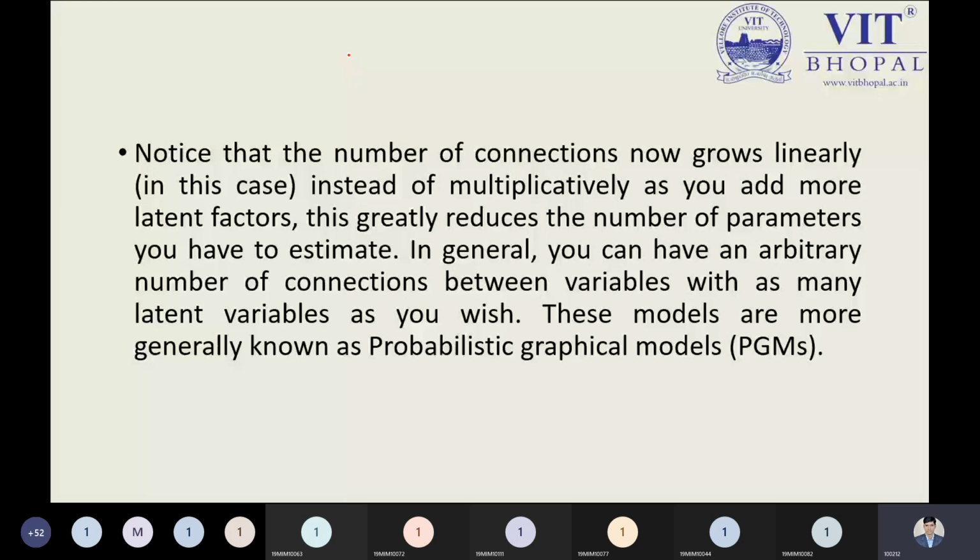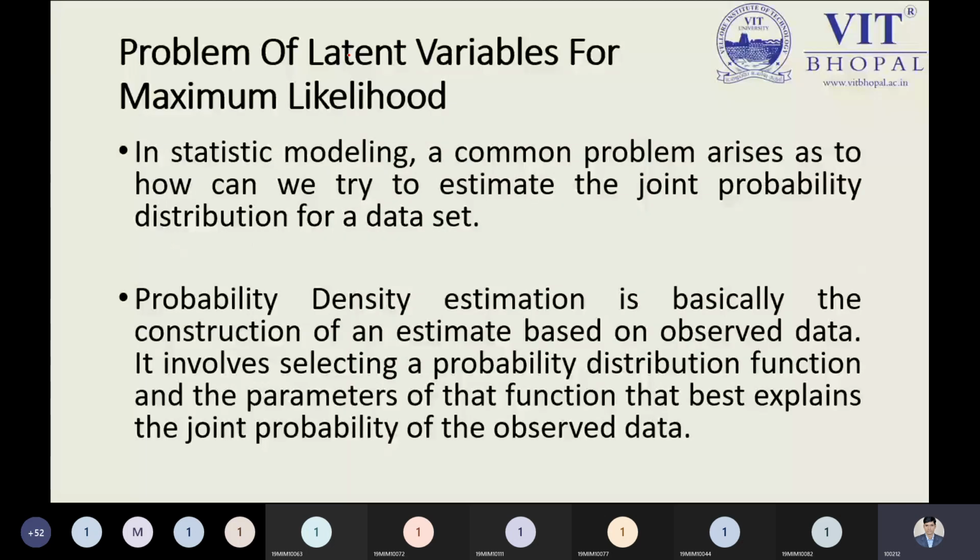From this point, we can understand the next point: what is the problem with the latent variable? There is no guarantee that the latent variable you are choosing provides a better result. It's just like the example over here: if I'm expecting that out of 60 students, student X will be top every semester, is there a guarantee? No. In the next semester, maybe he or she will not be part of the top 10 students or top 5 students. There's no guarantee, but I'm expecting. So as hidden variables, my expected result may be the latent variable. There will be some problems, and we can understand that problem by the maximum likelihood.